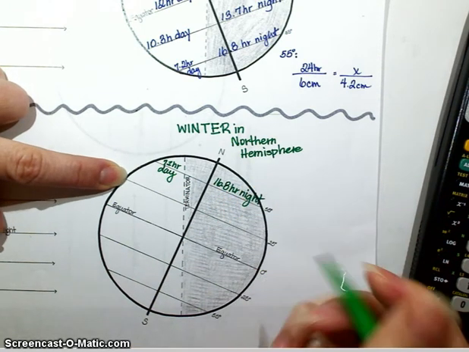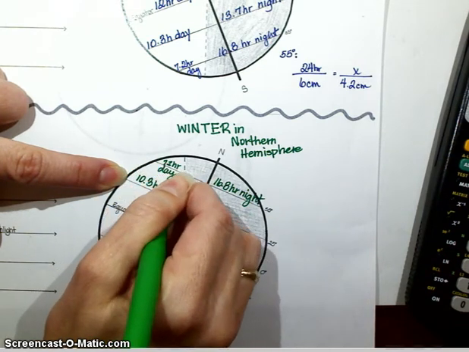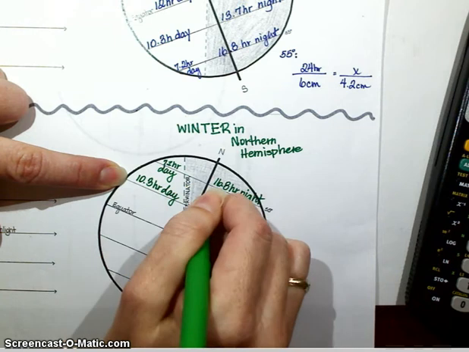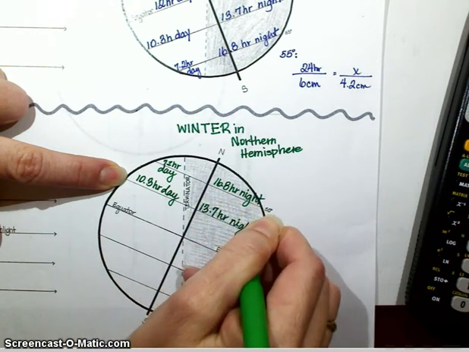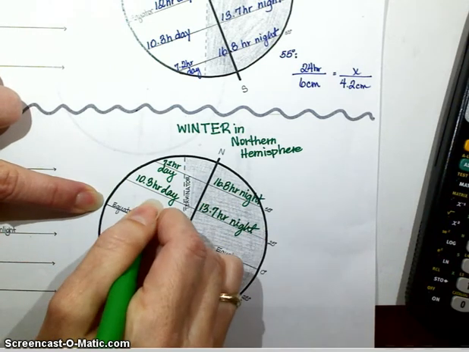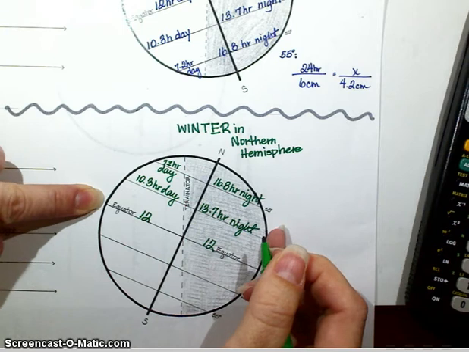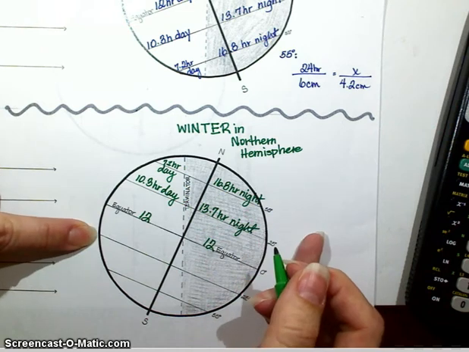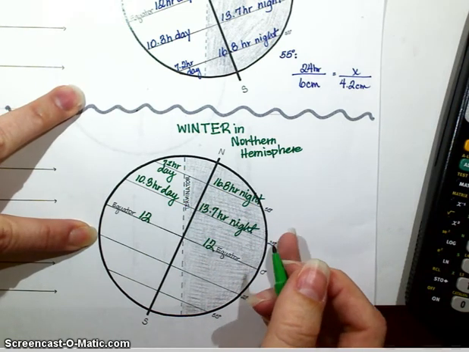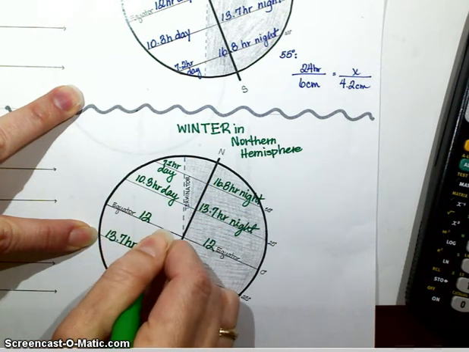and 16.8 hour night at that 55 degree mark. What would we have at 25 degrees north? 10.3 hour day and 13.7 hours of night. At the equator, 12 and 12. If you live at the equator, your days are pretty much 12 and 12 all year long. Down here at 25 degrees south latitude, a 13.7 hour day